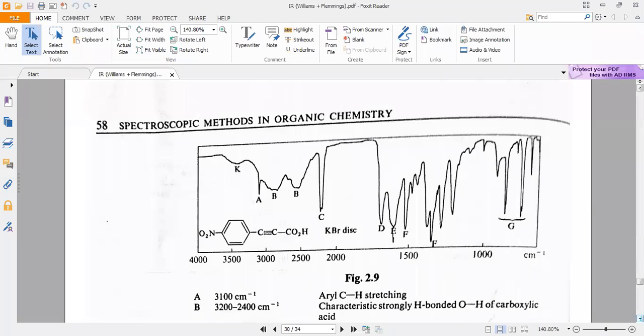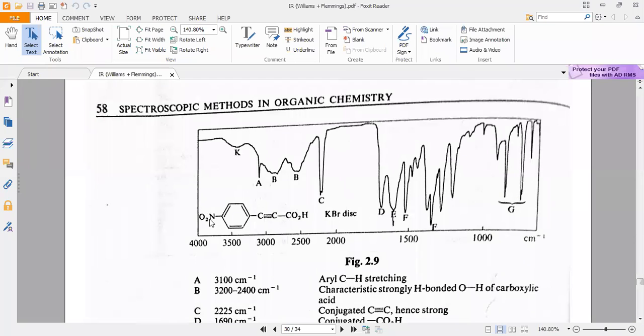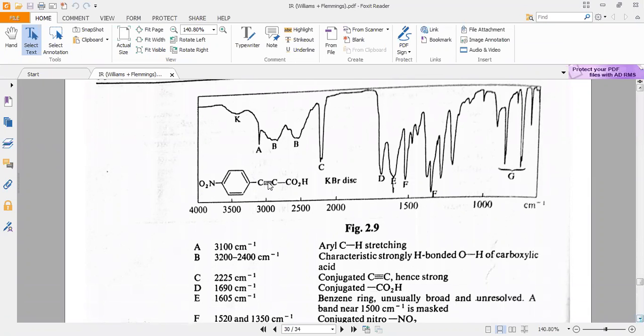Let's say this is another molecule. It is being presented. We have many functional groups present in this molecule. One, nitro. Nitro has a nitrogen oxygen double bond. So this is one of the important aspects. Now look, there is another functional group, carbon triple bond, present here. Similarly, this is a carboxylic acid, so we have a carbon oxygen double bond. Similarly, we have an oxygen hydrogen bond. So we have OH, C double bond O, C triple bond with C, and nitrogen double bond with O.